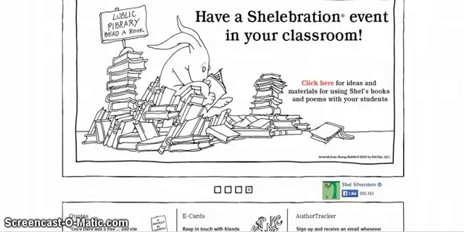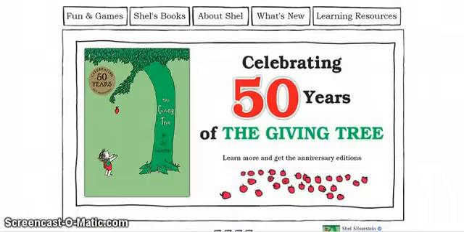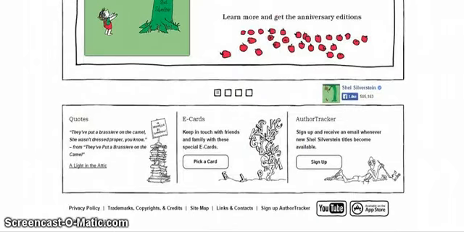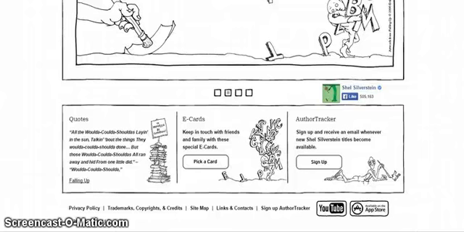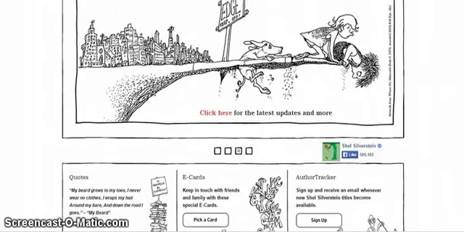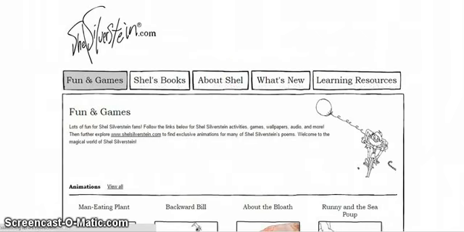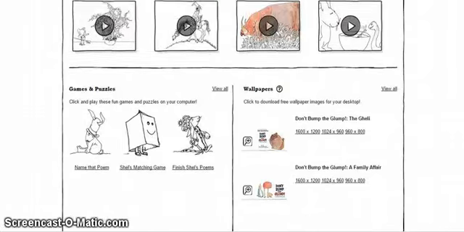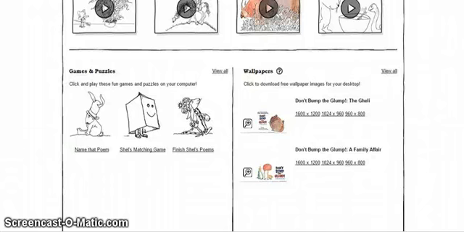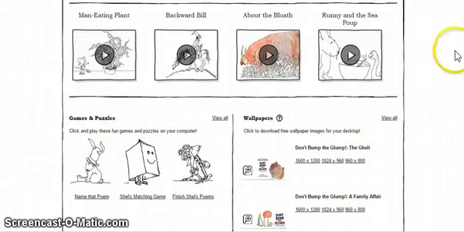Okay, so do they avoid the use of graphics to convey textual content information? Yes. So if you notice here, they'll have graphics on the side, but there's never a graphic that has the information that you need to read. So there's no distraction there. And if you come to the side here, if you click on any of these, it's the same thing. So if you click on Fun and Games, they might have a graphic or a video, but the text is not inside the graphic, it is either above or below the graphic, such as with games and puzzles. Okay, also when using,